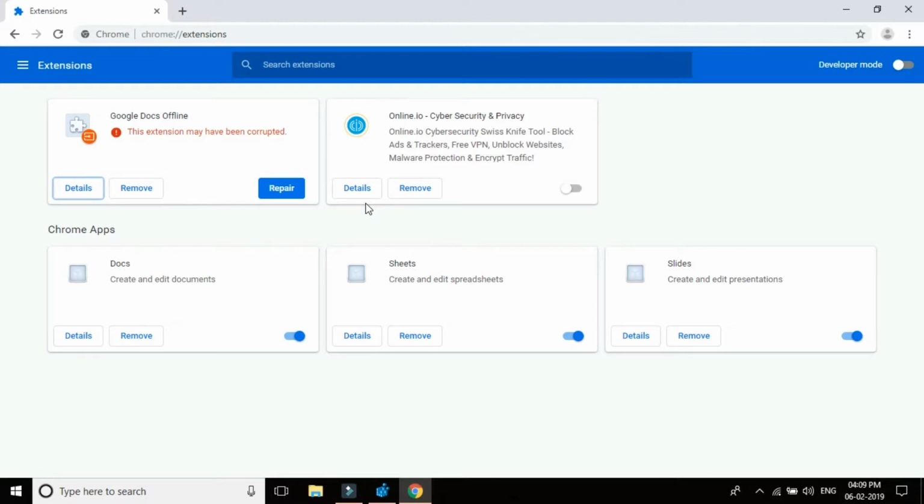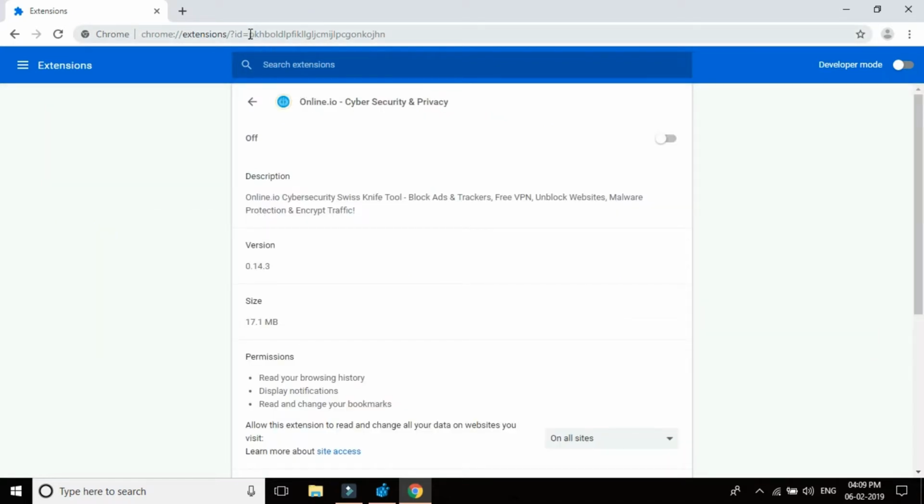A couple of times you will not find the remove option here, or even if you remove it, the extension doesn't get removed from your browser. In that scenario, you can go to the Details option and get the extension ID. This is the extension ID. We'll collect the extension ID